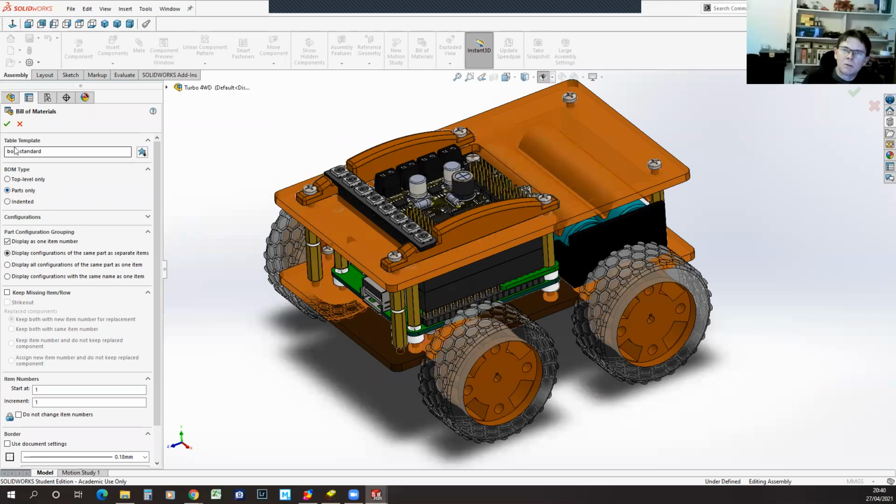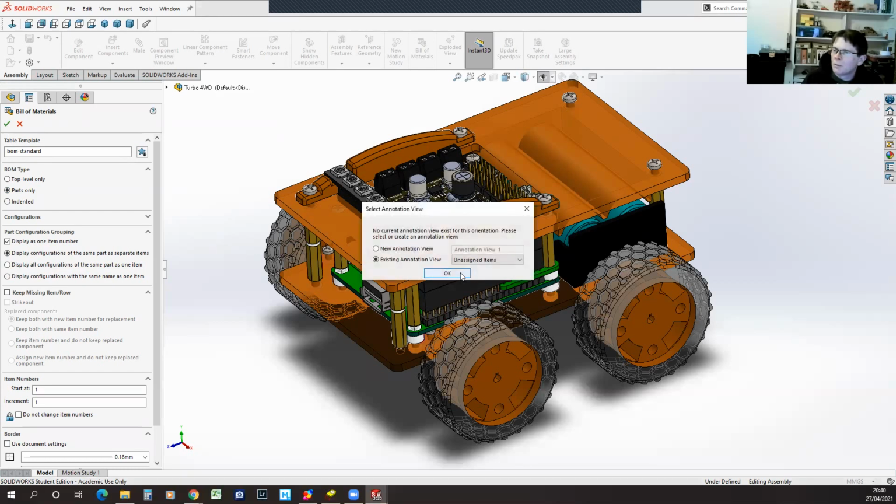Let's go parts only and see what comes out. Display configurations of the same part as separate items. There you go. That's exactly what I was wondering. Thank you. So there's lots of options to do it different ways depending on what you want. But I think for what we've done, that would be